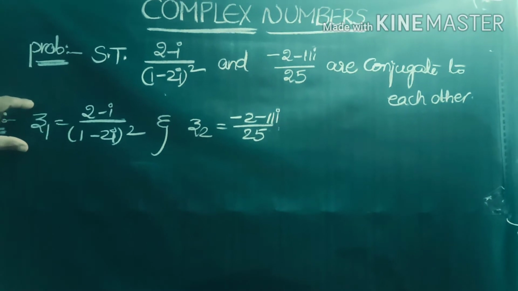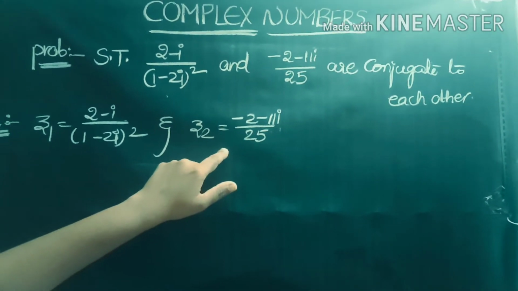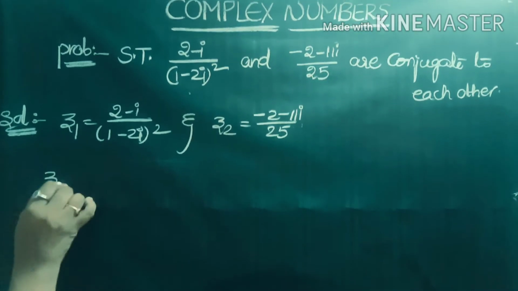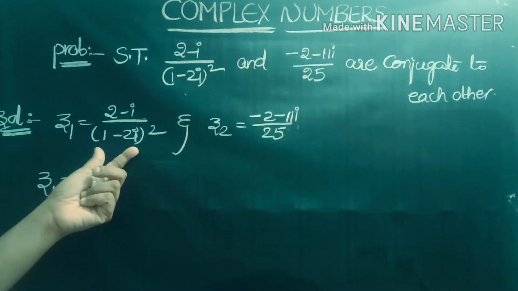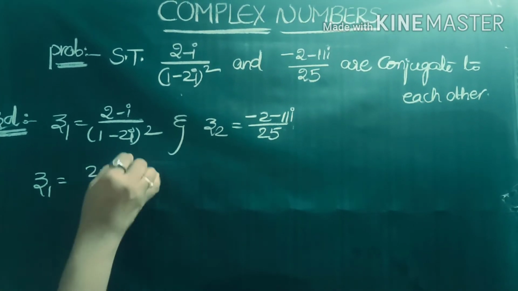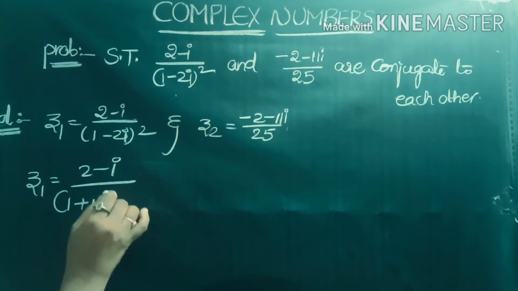So first we are taking the conjugate of this complex number. If it returns the second complex number as the answer, then we say that these two numbers are conjugates. So first we take the complex number z1 and take its conjugate after doing the simplification. So z1 is equal to (2 - i)/(1 + 4i² - 4i),